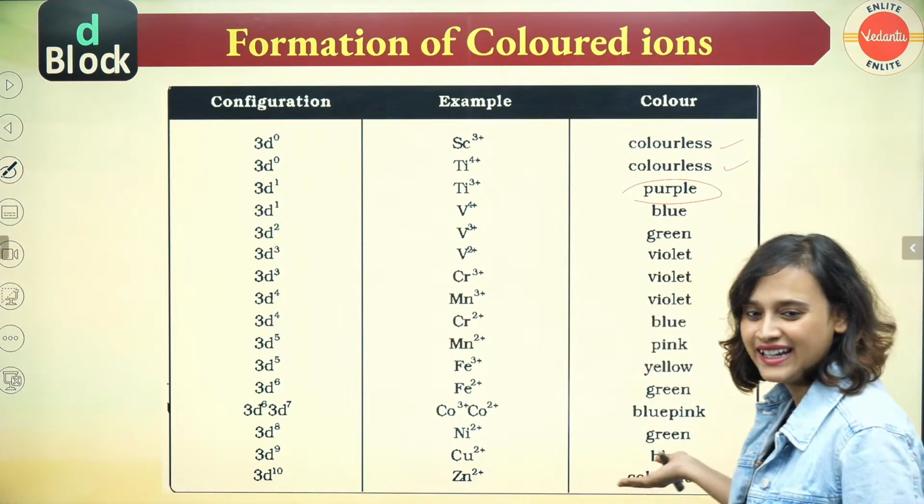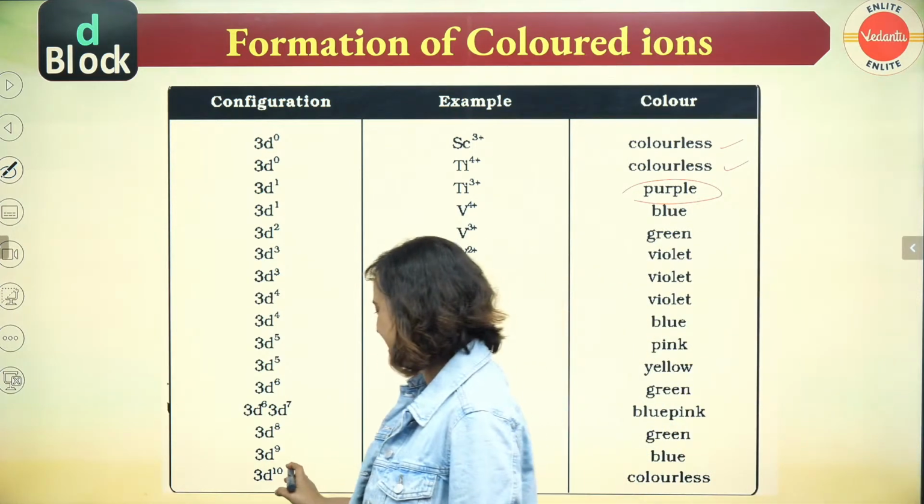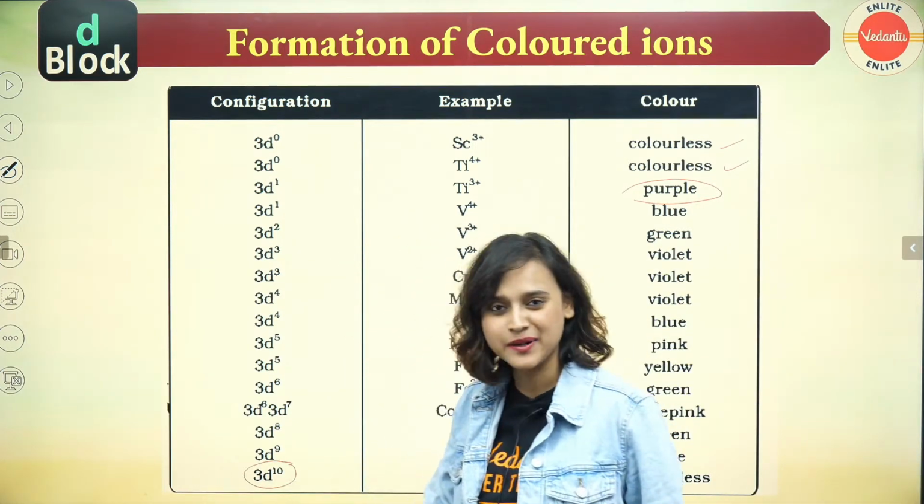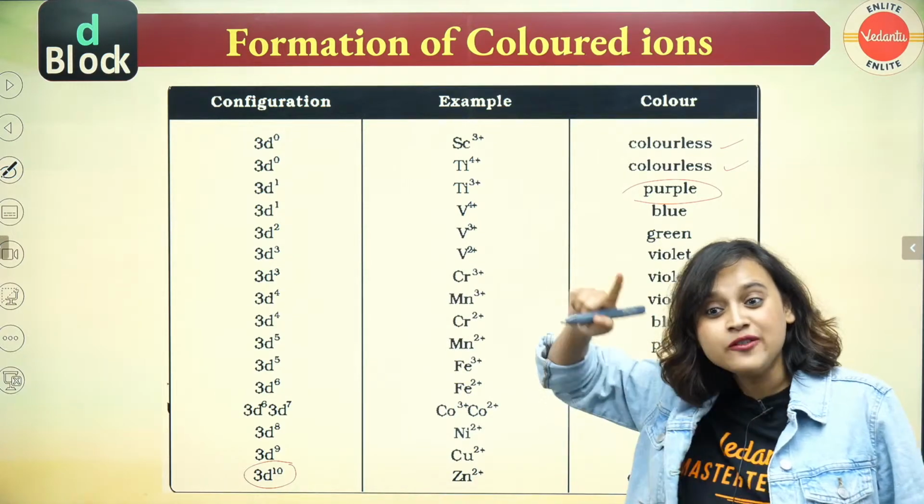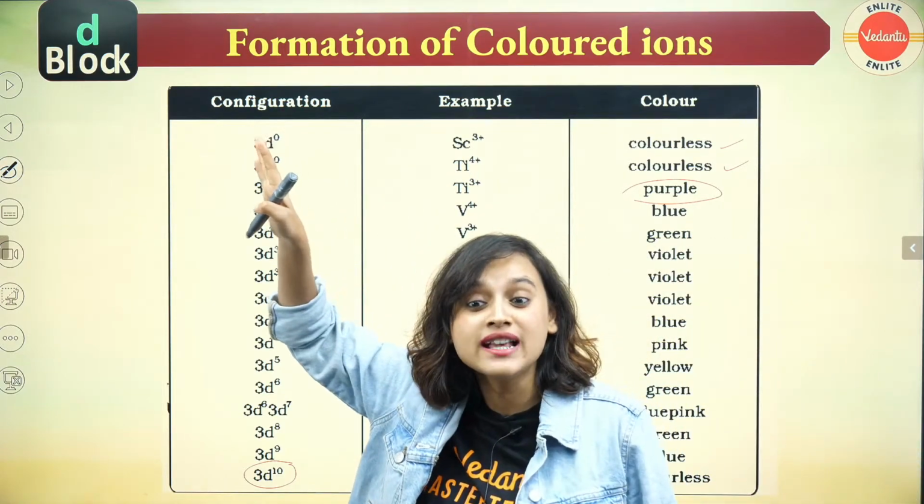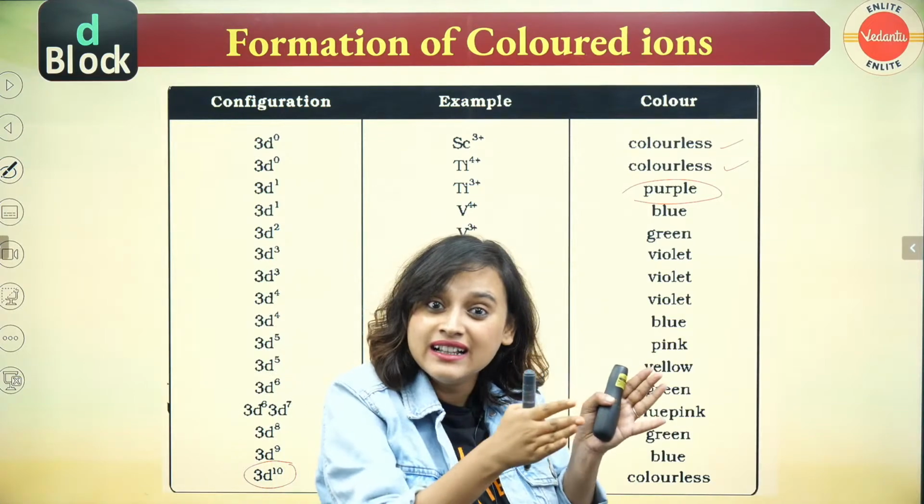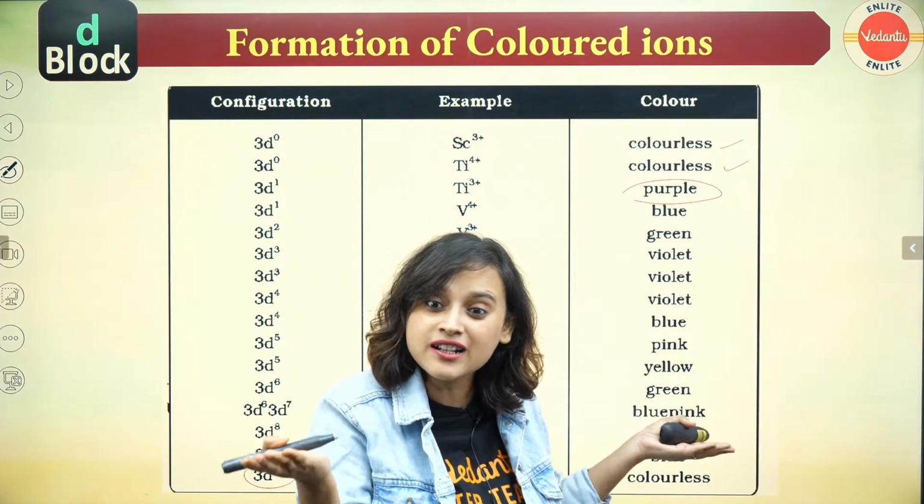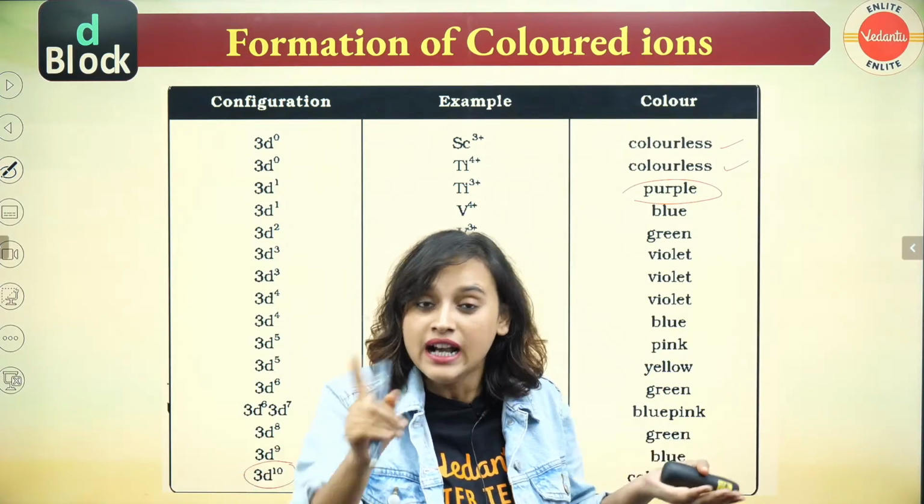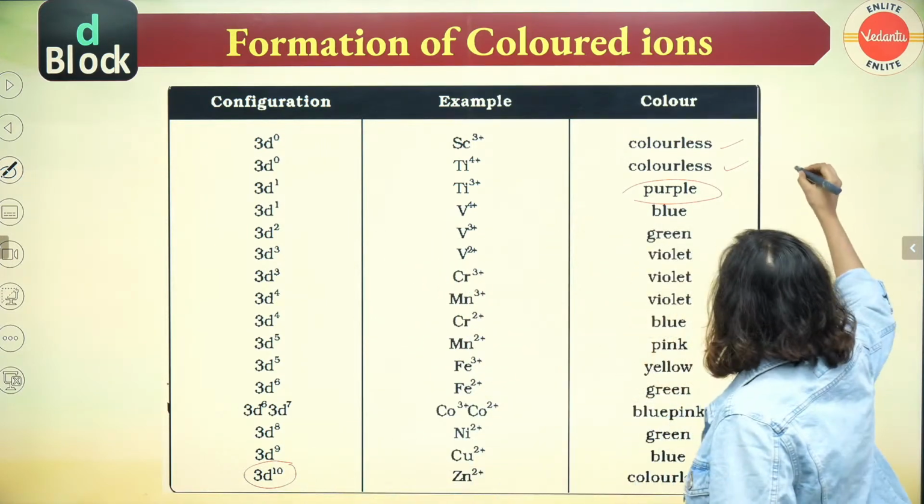Because you can see it is still 3d10. 3d10, 4s2, so 2 electrons gone from s. But 3d10 is completely filled. All paired. And you all know that in this